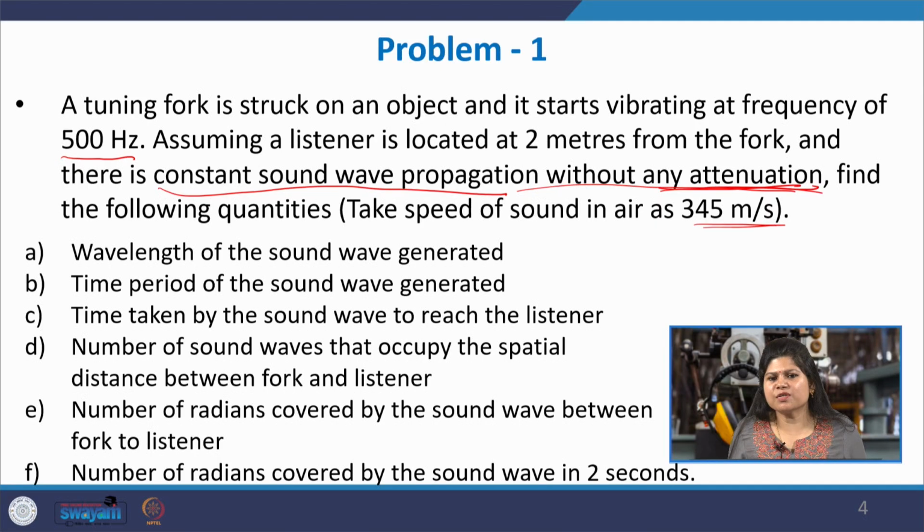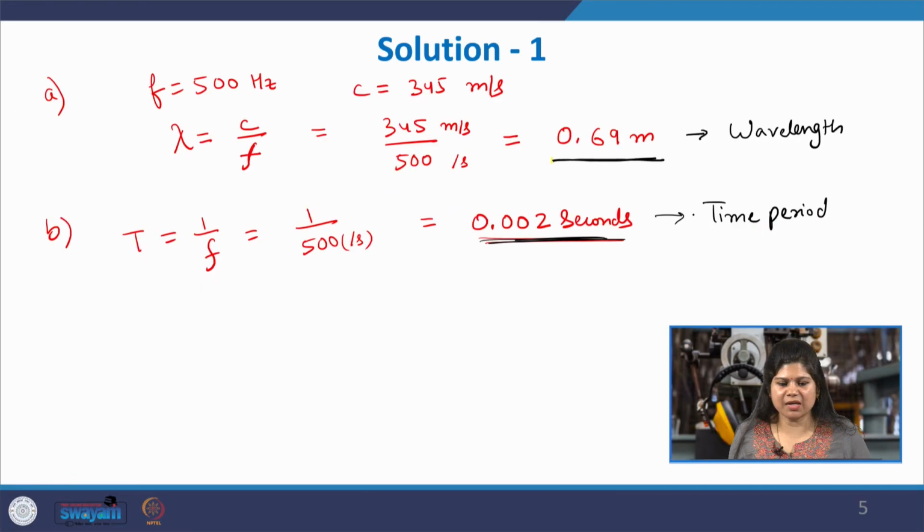No other information is mentioned. It is not mentioned that there are walls or reflections or anything, it is just propagating forward. So, we assume that there is no reflection and the sound wave is propagating. It has to reach the listener, which means it covers a distance of 2 meters. And what is the speed? 345 meters per second. So, once again very straightforward. For part C, the time taken to reach